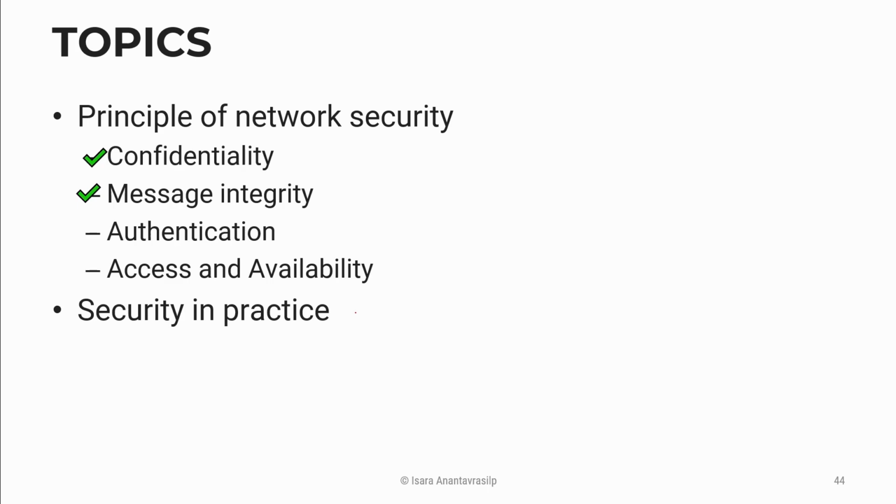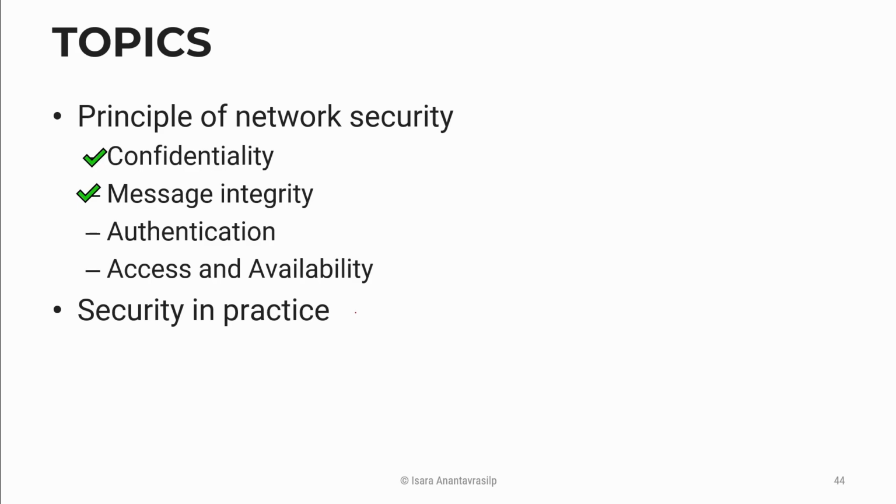Now, if Alice and Bob can verify two things, confidentiality and message integrity, here is the big question: how could Alice and Bob know that they are talking to actual Alice and Bob? If they have met in person and if they have exchanged the key in person, they can be sure that I am talking to Alice or I'm talking to Bob because I got Bob's public key from Bob himself. But if they haven't met, if they are far apart, how are we going to verify whether Alice and Bob are actually Alice and Bob?